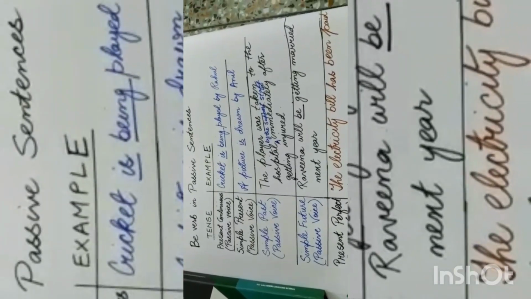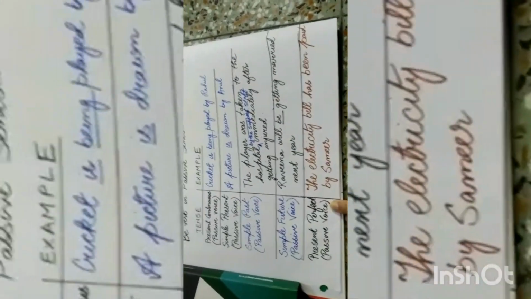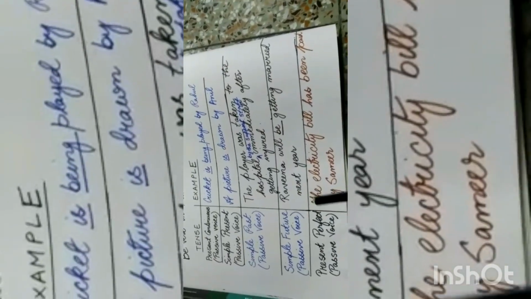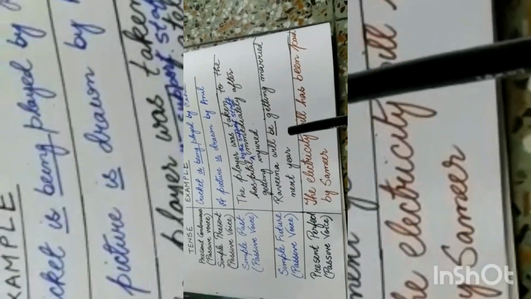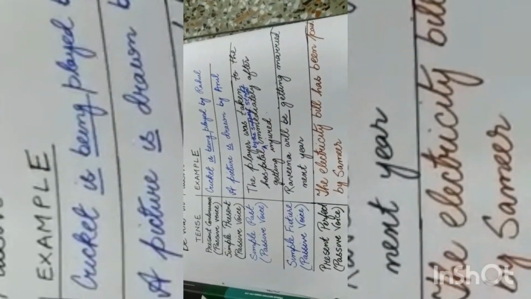Now the be verbs are also used in passive voice. In passive voice sentences, the be verbs are used. Here you can see how the be verbs is, was, be, been, being are being used to form passive sentences.